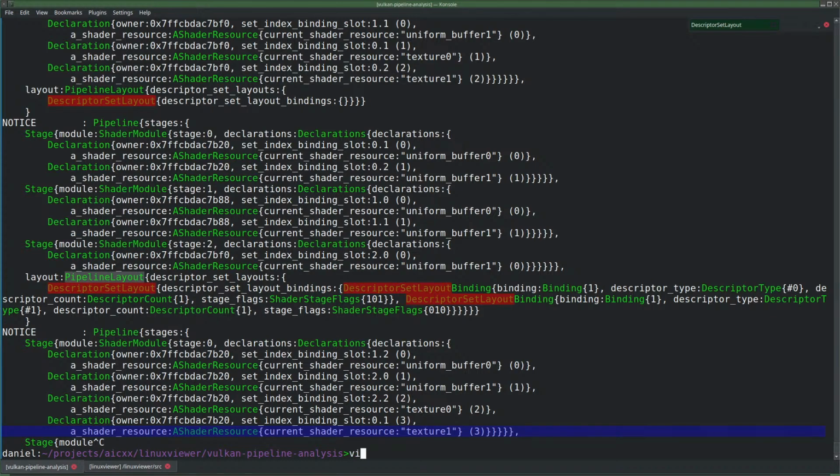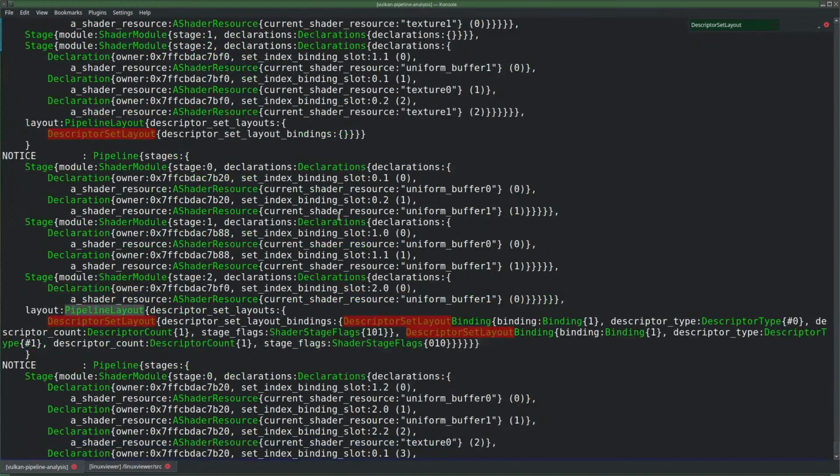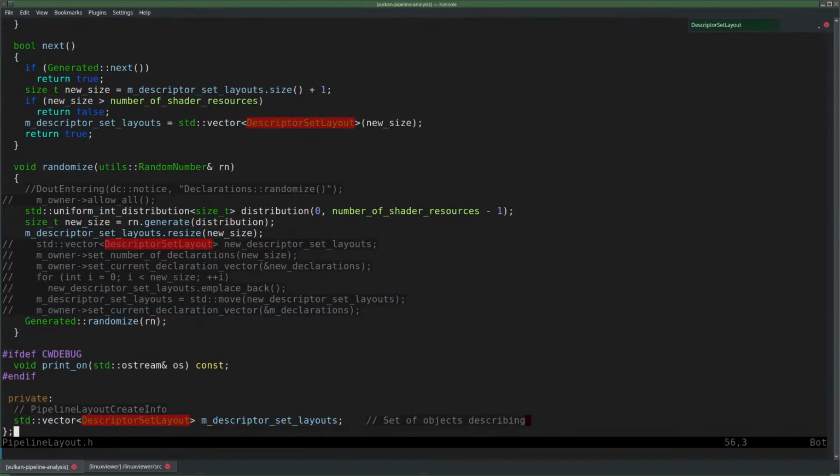Pipeline layout exists of a vector of descriptor set layout. So if the size of this thing ever becomes slightly larger than 1,